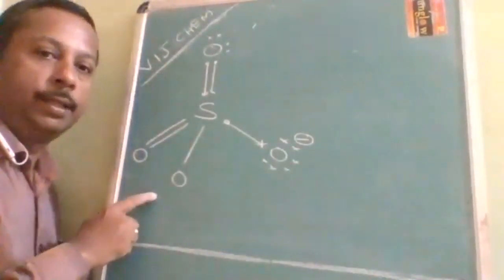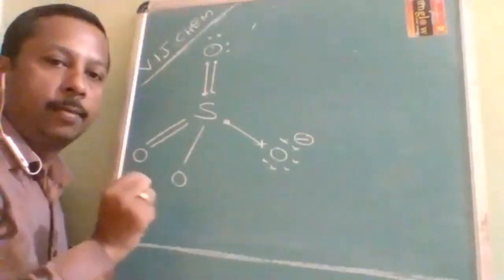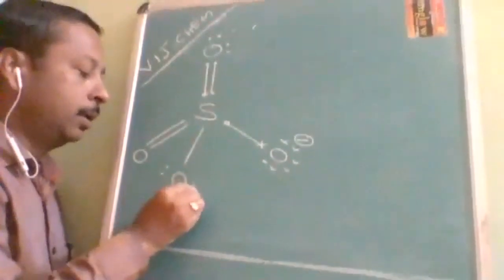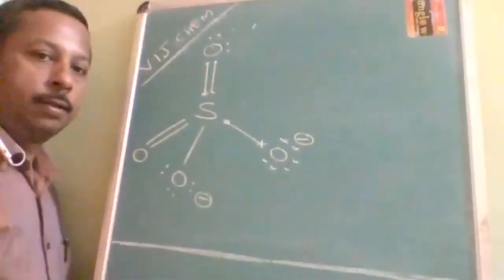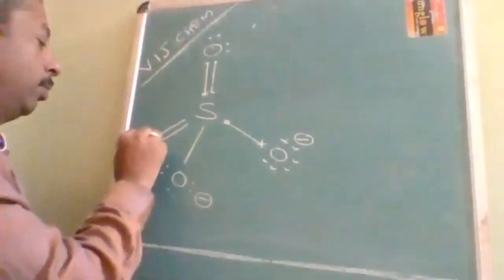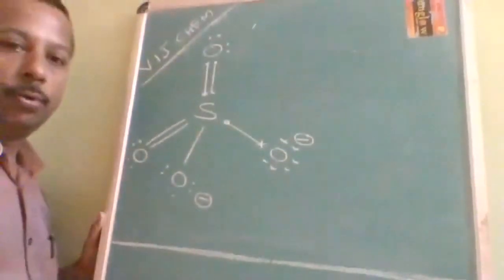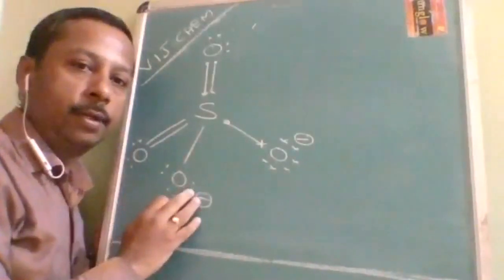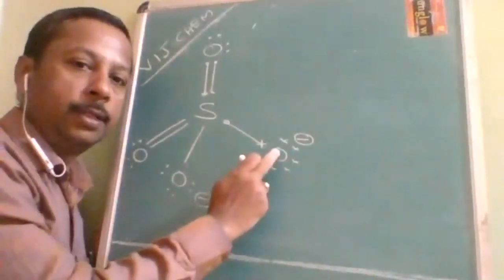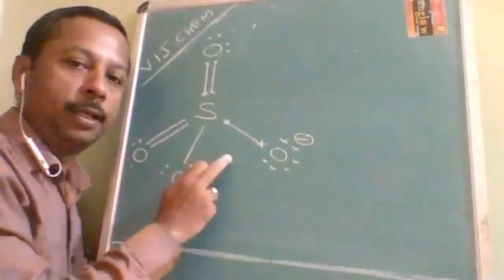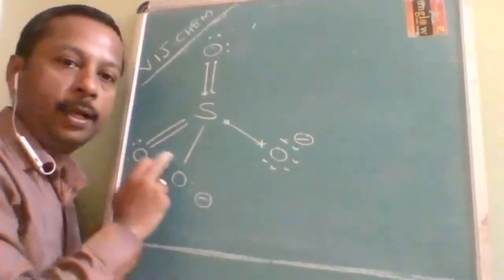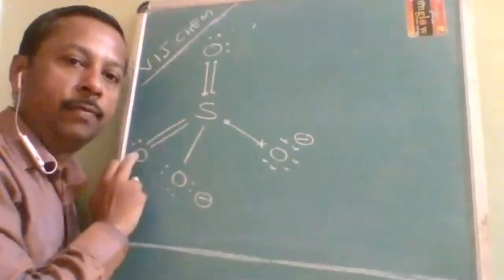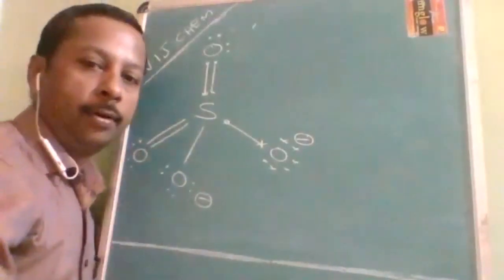Now you can tell me easily. One single bond: simply what you will do? 3 lone pairs you will assign, and it will be a negative charge. Same way, two bond pairs means two lone pairs will be there, no charge. So if you are given the resonating structure, then the formal charge on the two oxygens with single bonds will be negative, and the formal charge on the oxygen with the double bond will be no charge, with two lone pairs. Okay. Have you understood?